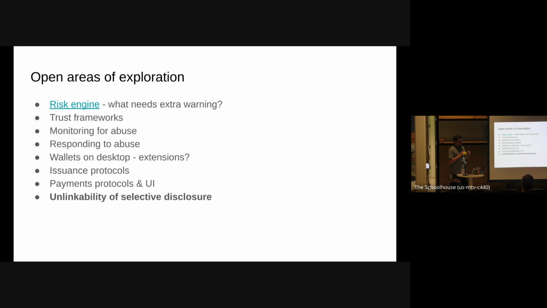there's an issue of verifier to verifier linkability. If you present your age on one site, some of the implementations use a salted hash technique where they reuse some of the salted hashes. And so it might be possible for two different websites to correlate you and say you're the same person. That's obviously bad, so you shouldn't reuse your salted hashes. But how do we know if a salted hash has been reused?